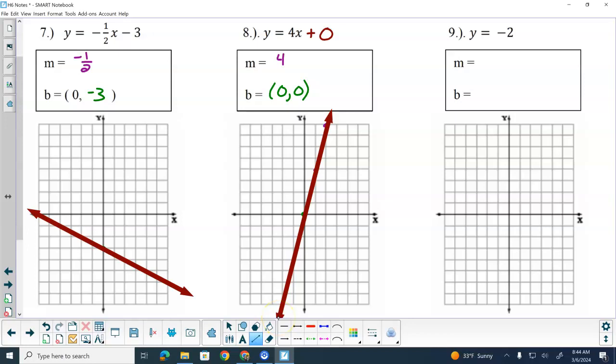This one, I don't have any x's. So when I don't have any x's, that's like y equals 0x minus 2. Because 0 times x is 0. 0 minus 2 is -2. So that tells me that my slope then is 0, and my y-intercept is -2. Slopes of 0 are horizontal lines, so we're literally going straight across, just like